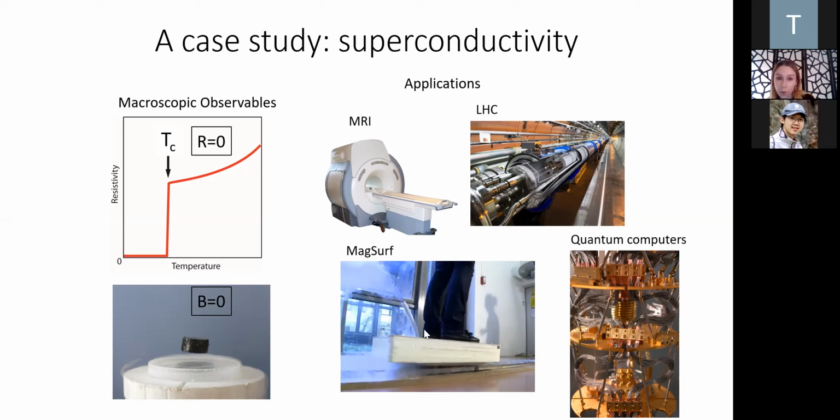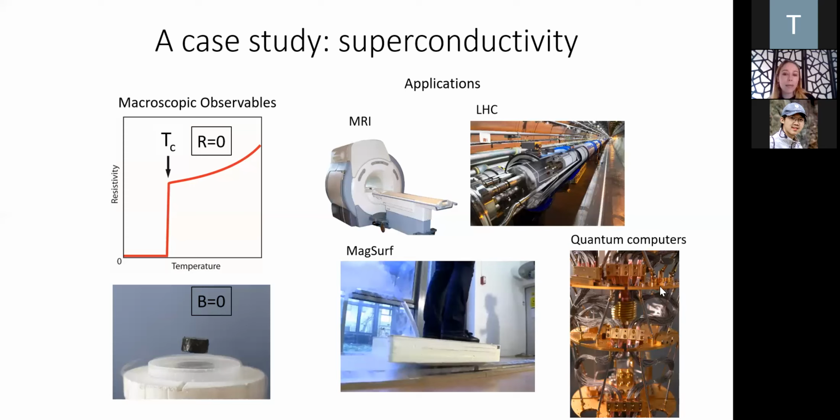Other applications, like this magnetic surfboard, utilize the expulsion of a magnetic field. The superconductor is inside this surfboard that the person is standing on. It's cooled by liquid nitrogen; that's the steam coming out of the top. And then it's running on a track of magnets. So that utilizes the expulsion of a magnetic field.